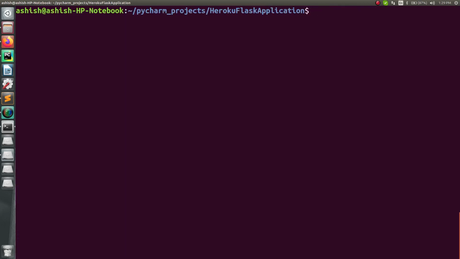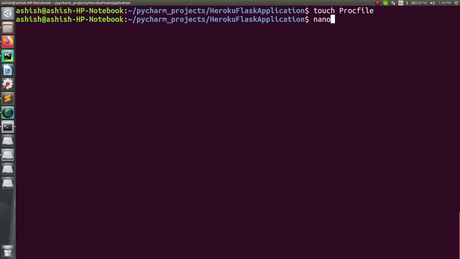After that I have to move to the next step, and that next step is to create your project. With the project you also have to create the Procfile, so you need to add that. For that just type touch Procfile, press enter, and inside this you have to mention what exactly you want to do. So let me add all the things which are required.